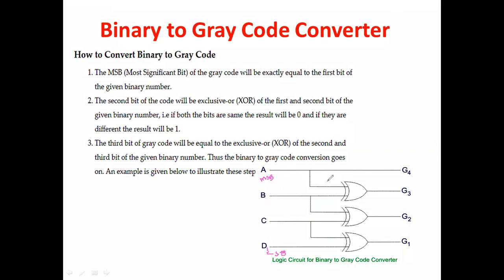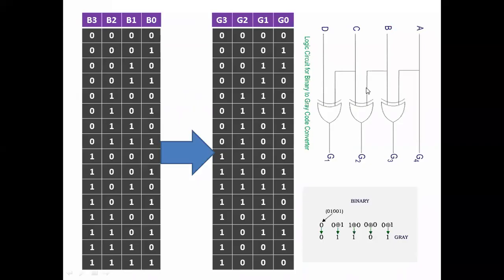And then take the given binary number, mark LSB and MSB, and copy the MSB as it is. Take the XOR operation of MSB with MSB minus 1, that is here. And then proceed with the same procedure till the LSB occurs. So that's all, that is the procedure. In this screen, it clearly shows the binary numbers and their equivalent gray code numbers.